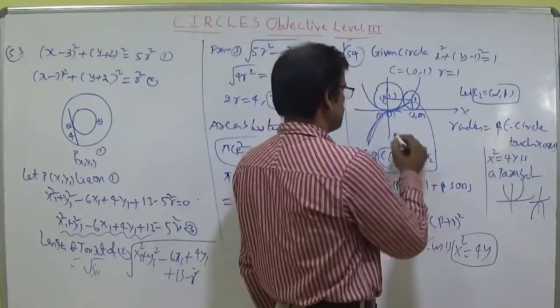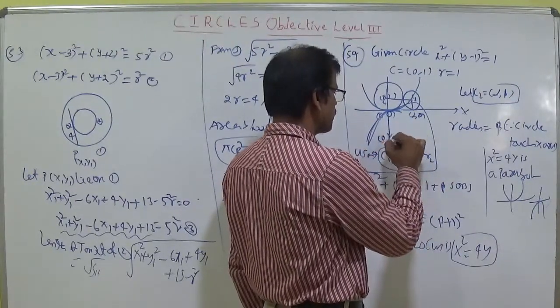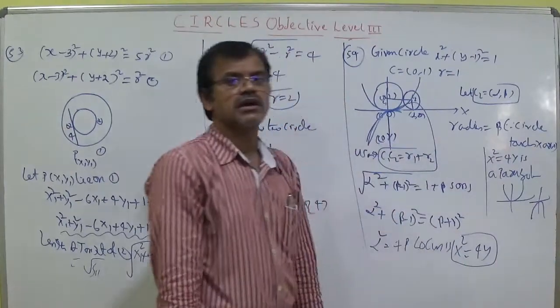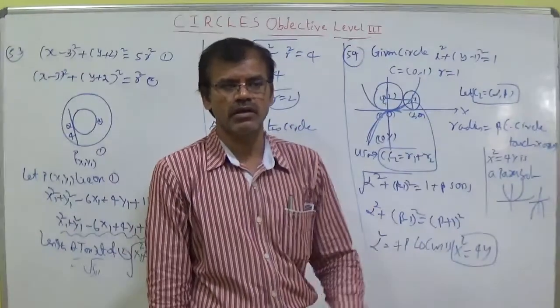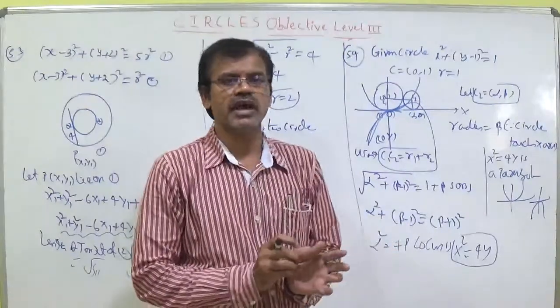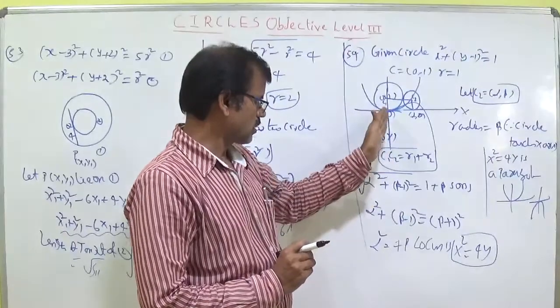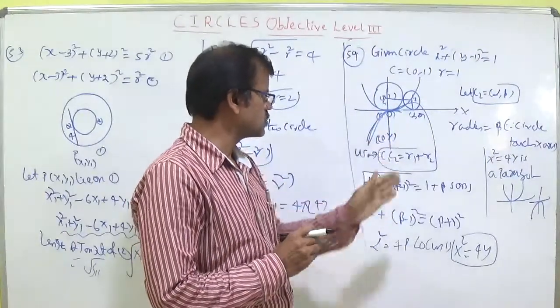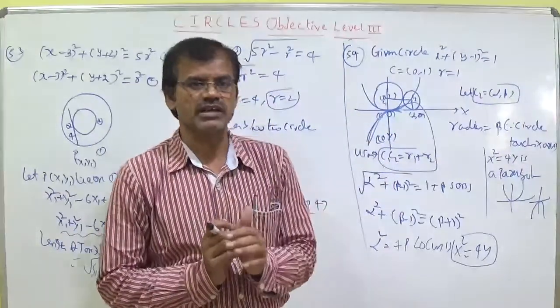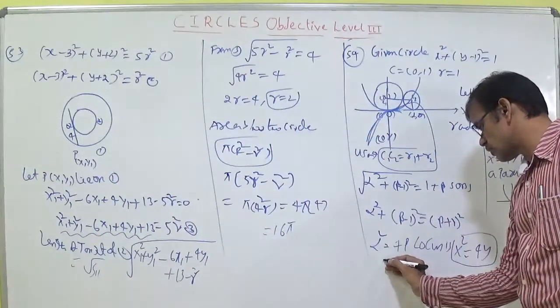So the center may be here, and also a point should be there. It is called the axis of parabola. You will be learning in the parabola chapter. For x square is equal to 4ay, the axis is the y axis. So after the vertex, you will be getting 0 comma y as a coordinate on the axis. So 0 comma y should also exist with the locus.